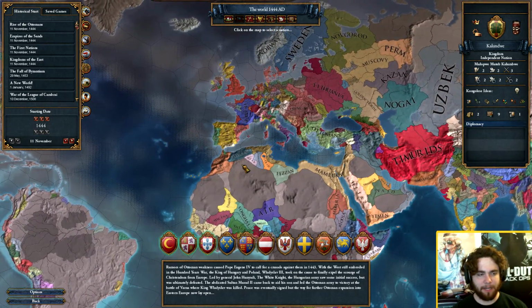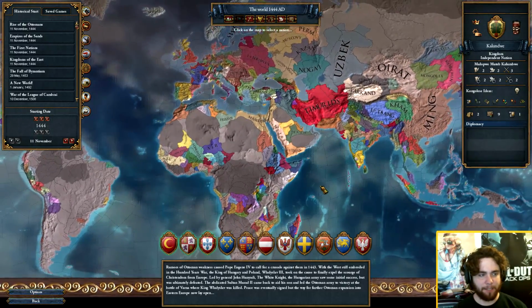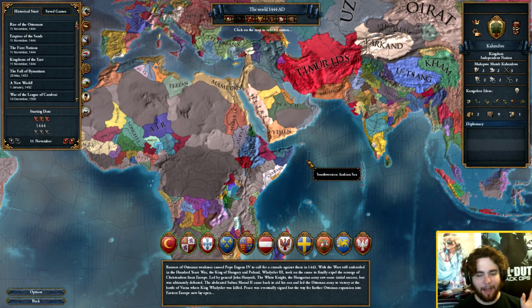Corruption is like this thing that you have to kind of mitigate, and you have to pay a lot of money to keep it down, so you could let it go up, but